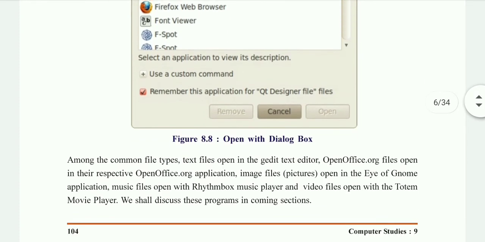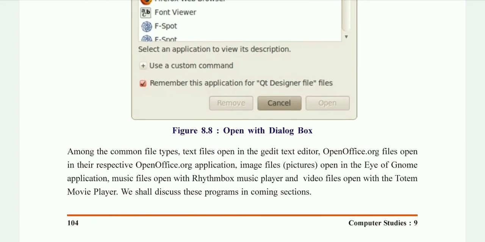The next concept is which file will open by default in which program in Ubuntu. First, among the common file types, the first one is the text file. A plain text file will open in the gedit text editor. You have to remember which program is suitable for which file type in Ubuntu. Then OpenOffice.org files.